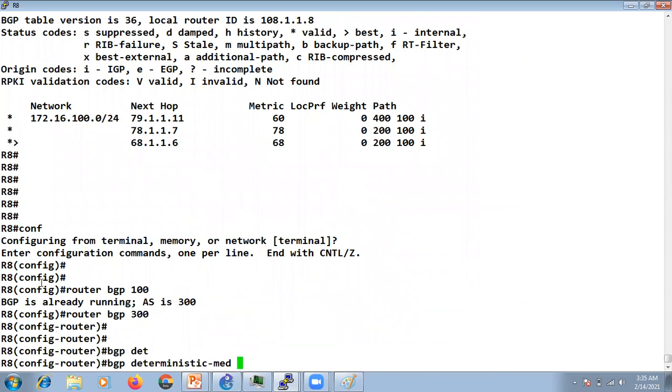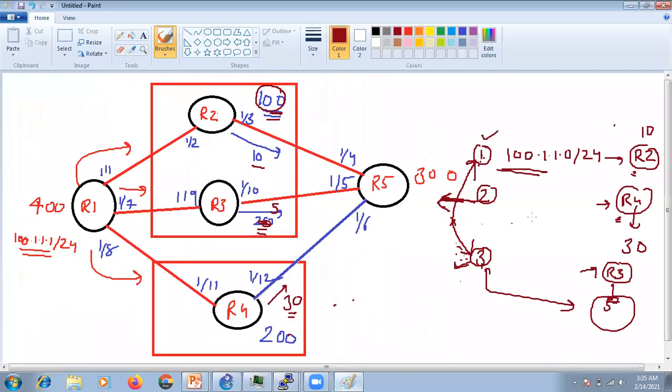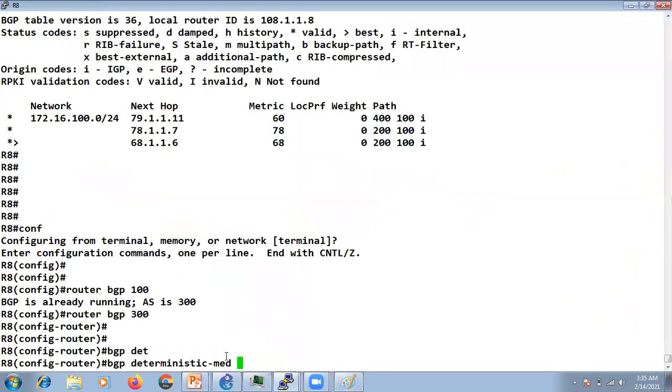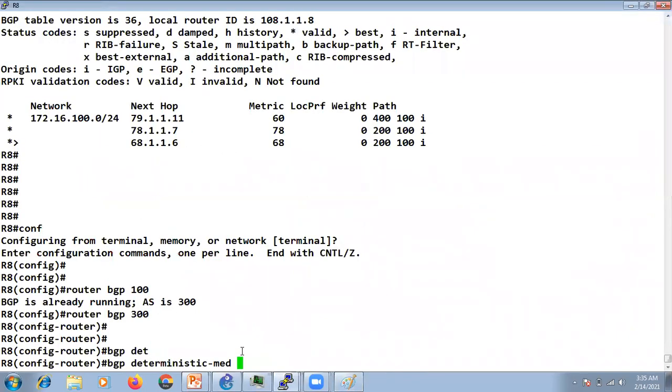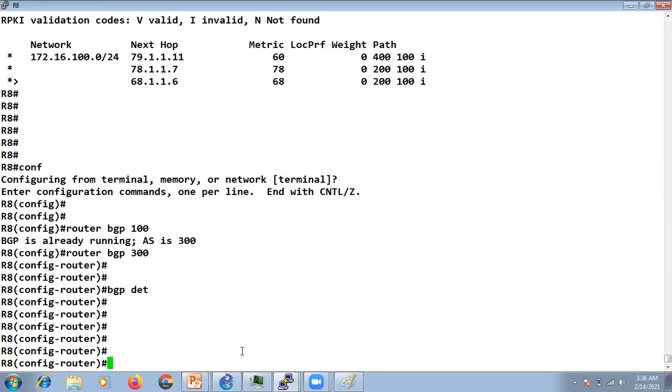As soon as you run this command, BGP is going to bypass this condition, that the updates to compare for MAD must be sequential, right? They must be in order, just one after another, only then it is going to compare. So as soon as you give this command, it is going to bypass this sequential order condition. Somehow this command is not working on my router. I checked it.